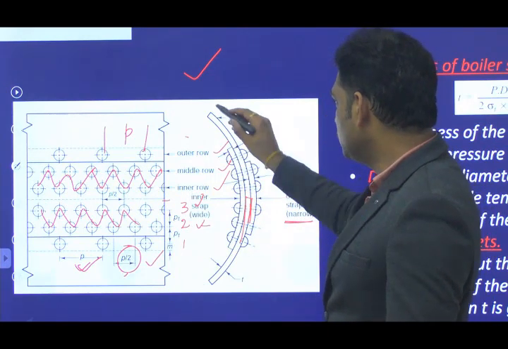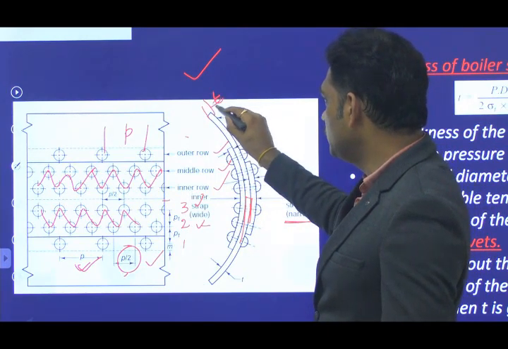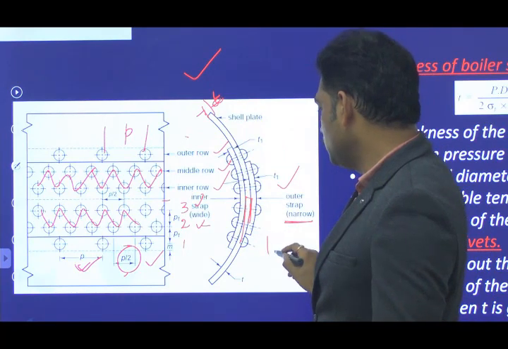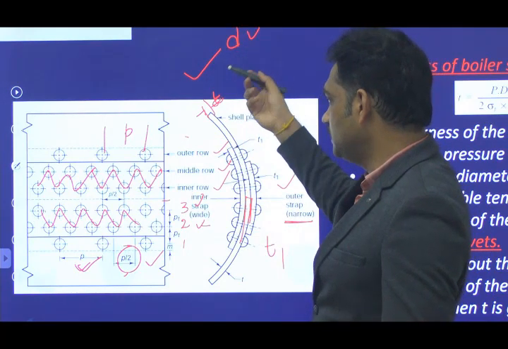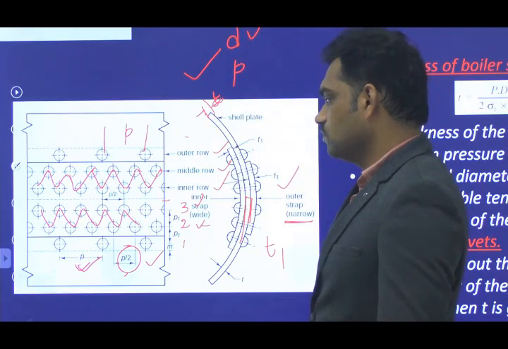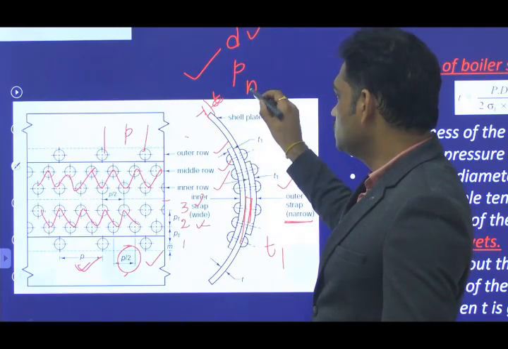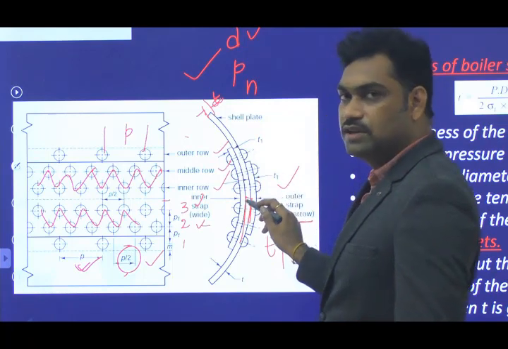For finding that, the thickness of the plate can be denoted by T, and the thickness of the straps can be denoted by T1, and the diameter of the rivet is D, and the thickness of the plate is as you know. P is the pitch. So all the things are the same. And here you can observe the case of unequal width of straps.